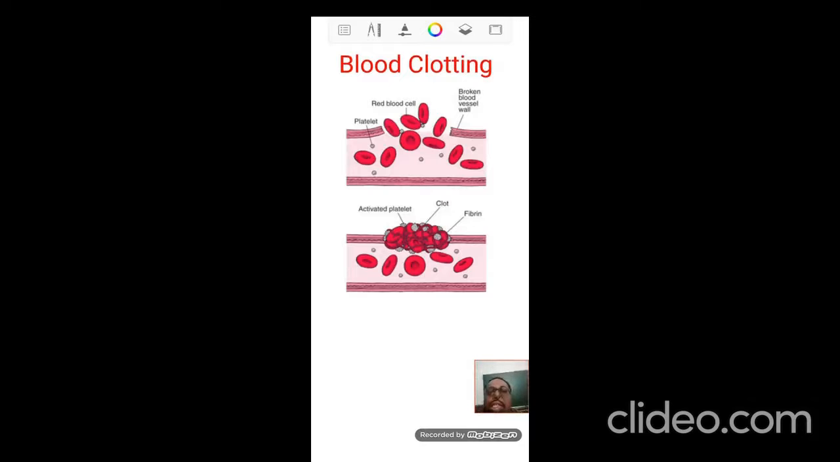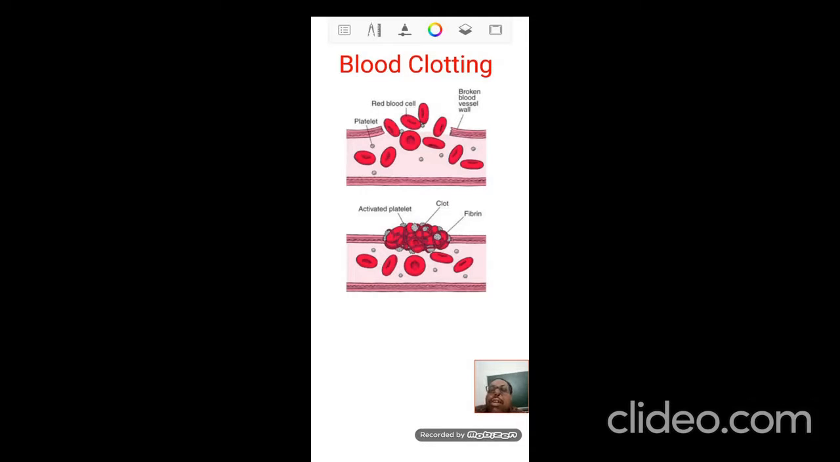Next, we are moving into the topic known as blood clotting. There is a portion in your textbook. They have said what will happen if leakage happens. So when leakage happens, the process that takes place is blood clotting. When you see this diagram, you can see that